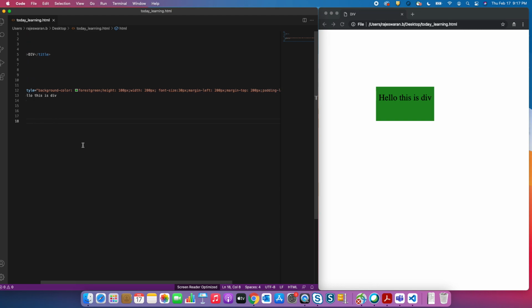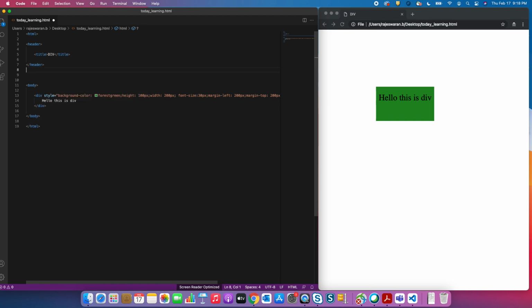And so the other thing is, we have always seen that we keep adding the style here. So there's a good option. I just started here to give the idea of how we can add style for any object, I mean any tag. But it's a good practice to always keep all the style in a different tag. So now we call it script, I will call it